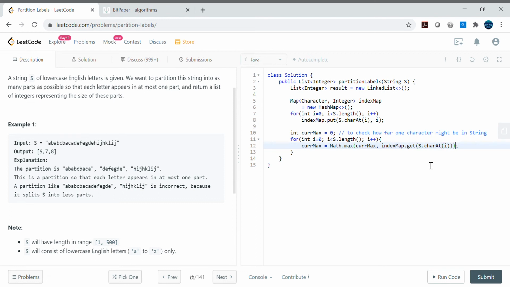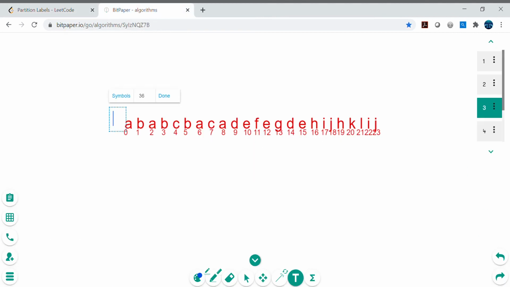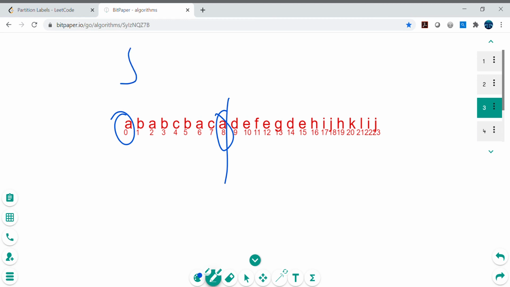Okay, very good. So now we know that this particular character, so for example a, this maximum, basically maximum index is 8. That's what we know now. Okay, now we are having the running for loop that's having the I here. So what we can do, we can just keep running the I until it reaches this maximum index, right? Why? Because consider this case. In this case, D is 9 and maximum index is 14, right? So now we need to check for E as well, and E maximum index is 15.